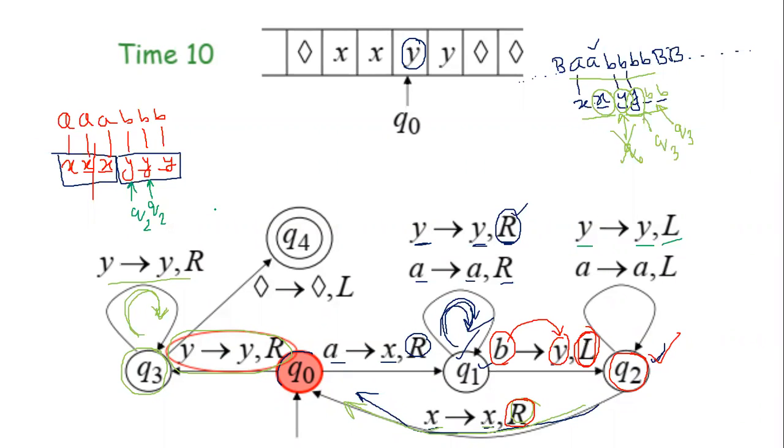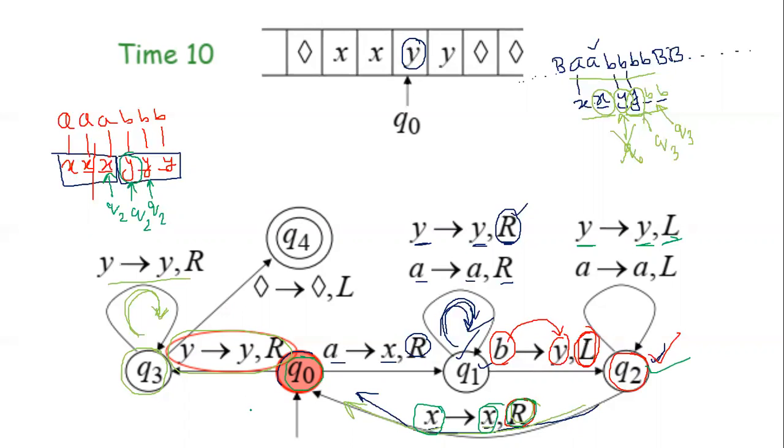Now, again, same thing. You are in Q2 and you can see this Y. So what will you do? You will keep this Y again and go left. So when you are pointing here, you are in Q2, not Q0. Now you have seen an X. If you are in Q2 and you get an X, you will keep the X the same, but go towards right, and your new state will be Q0.